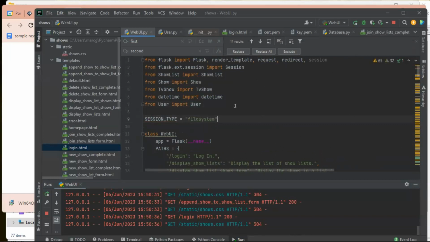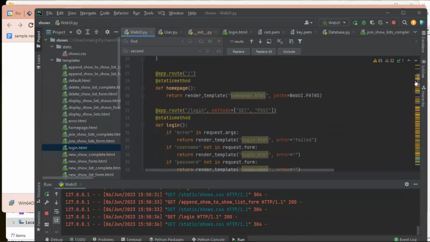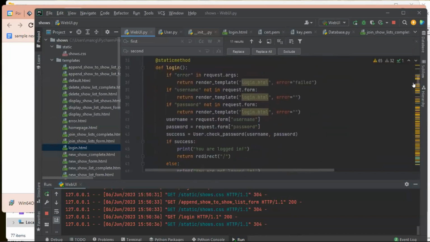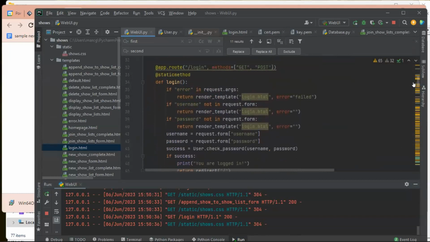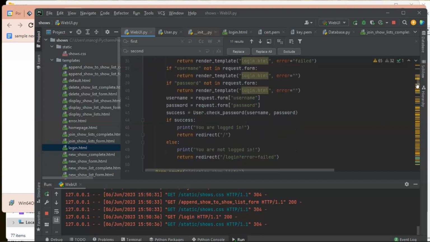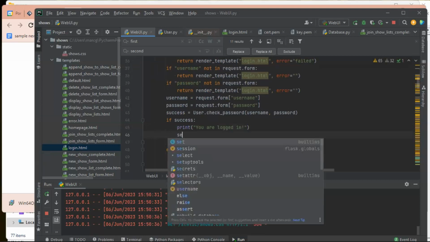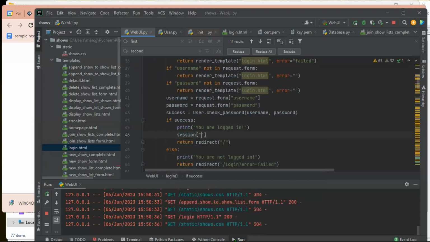But this is fine, so I'll do that. And I think that's everything. So if I do that, that gives me access to a session variable wherever I want to have access to it. And so in particular, in the success here, I'm going to go ahead and say session sub user